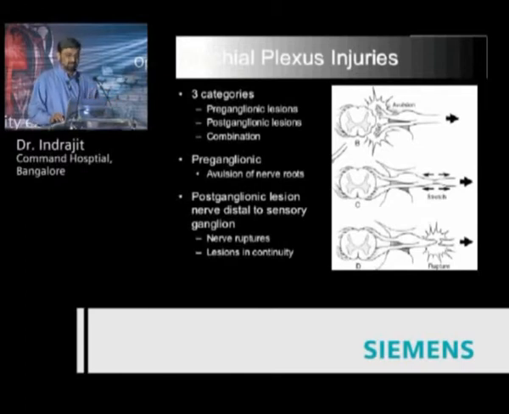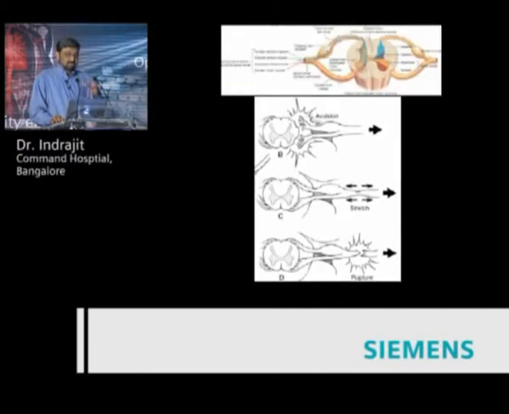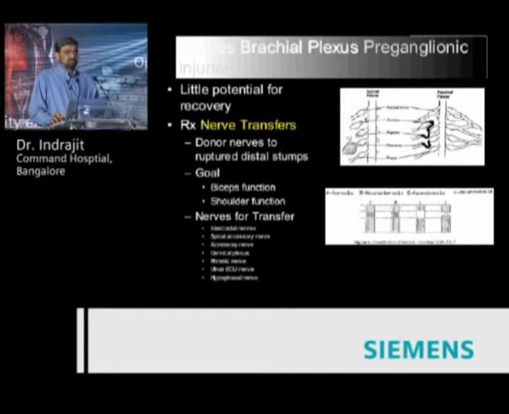This is one important point which the surgeons would like to know. And that is the point which is demonstrated in this particular slide of avulsion of the roots, stretch and rupture in the postganglionic portion of any given segment, either C5, C6, C7, etc. The importance for the surgeon is in these two slides.